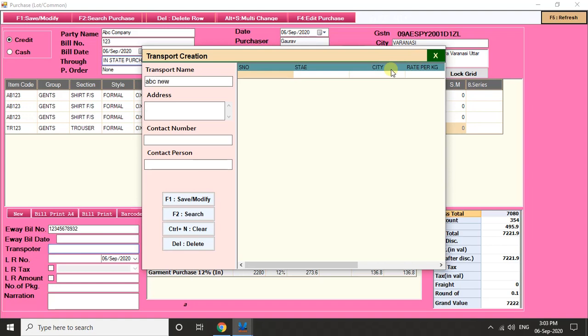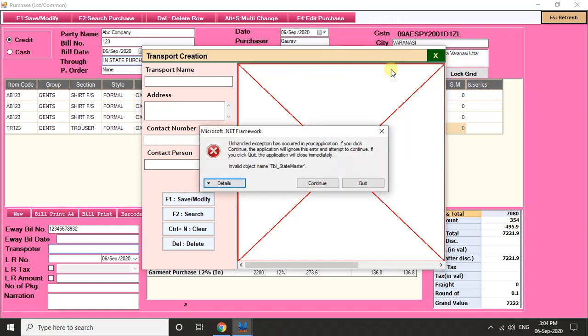Address of the transporter, contact person, contact number, sorry, and contact person. We will click on F1 to save it.